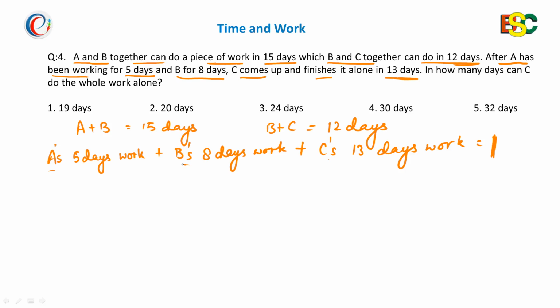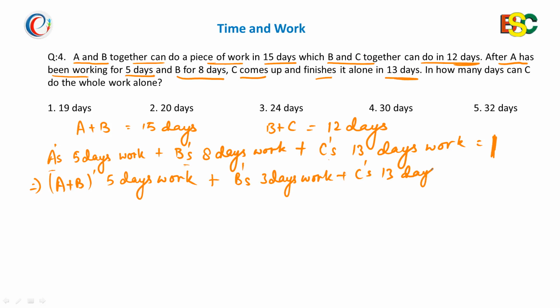Now from here take the common factor and get the answer. Let me tell you how. Here A plus B's 5 days work, right? You have taken this, plus B's 3 days work, plus C's 13 days work is equivalent to 1, right? Now